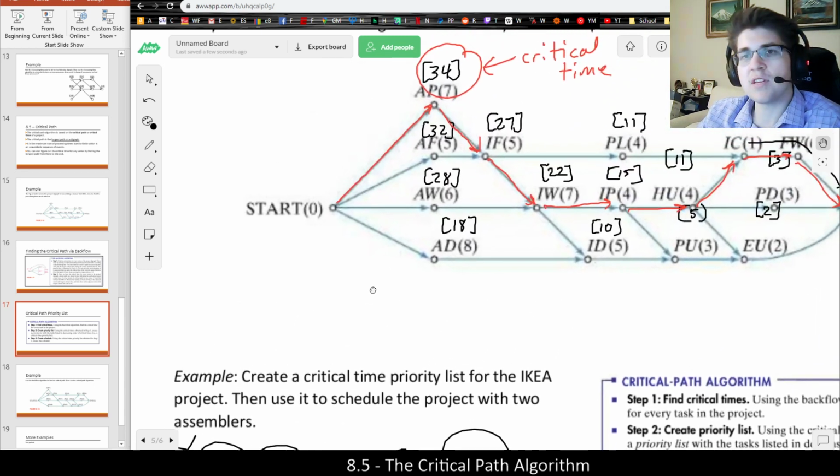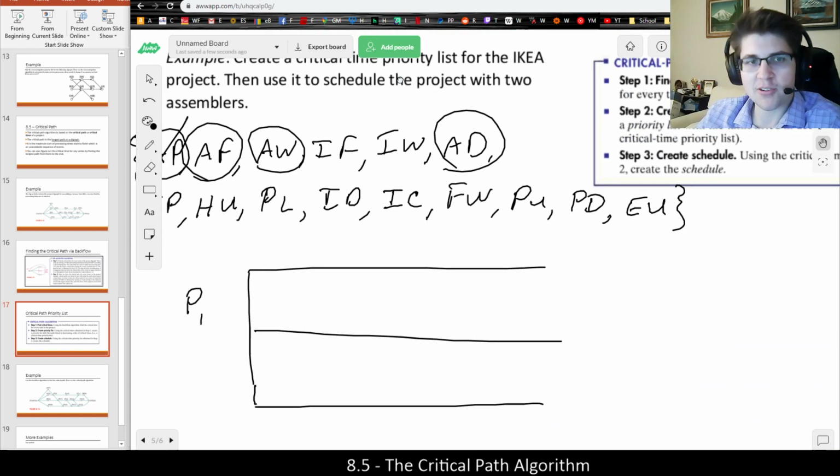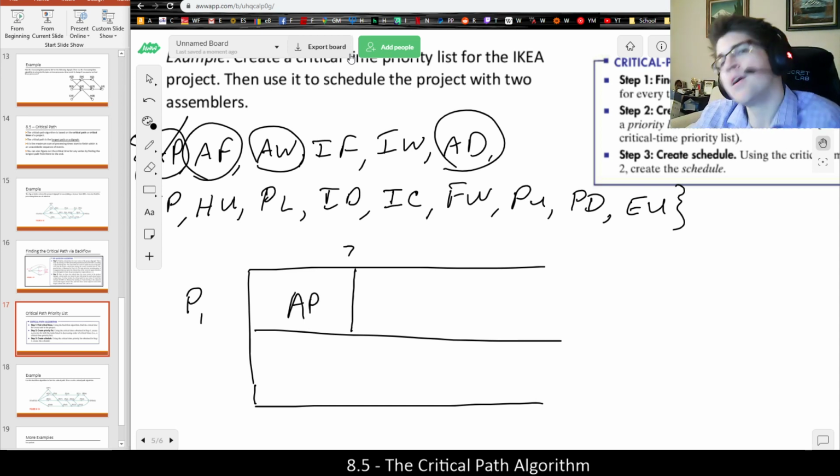And also, a thing to be careful about is you want to make sure you're using the processing time when you're scheduling tasks, not the critical time. Because the critical time is not how long it takes, it's the total time, and that's not what we're doing, right? So AP still is going to take 7 minutes to do. So when I'm scheduling it, I want to make sure to still use the parentheses numbers, not the bracket numbers. And there's so many numbers at this point that we found on the critical times that it's really easy to